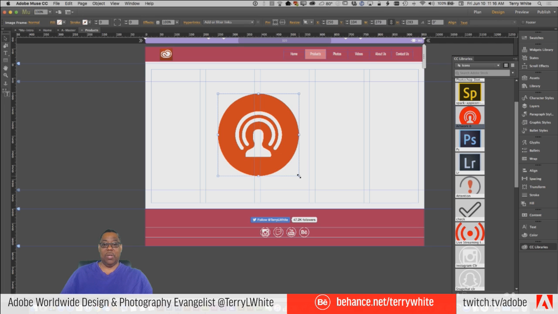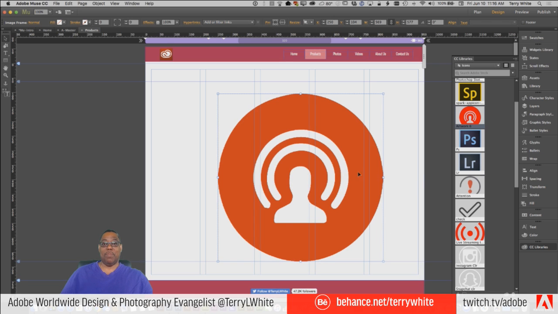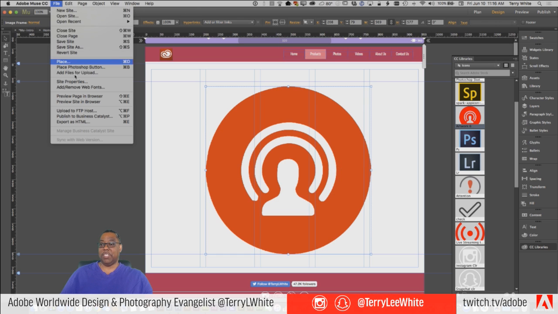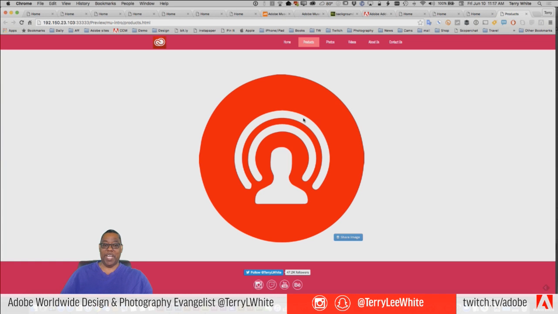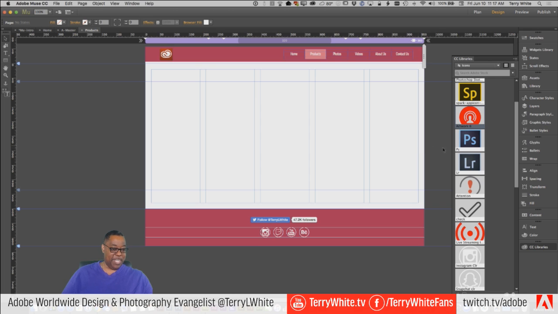This is SVG. So even though I place it at 100%, I can scale up on this all day long. It's going to render out beautifully on this page because it's scalable vectors. So SVG stands for Scalable Vector Graphics. If I preview this page in the browser, it will render out hopefully a nice looking vector image, even though I messed up on the side there of whatever shape this was supposed to be. But anyway, there we go. So we have a live streaming icon with nice vectors in it that I can make any size that I want. Here, let me pick a better vector than that.